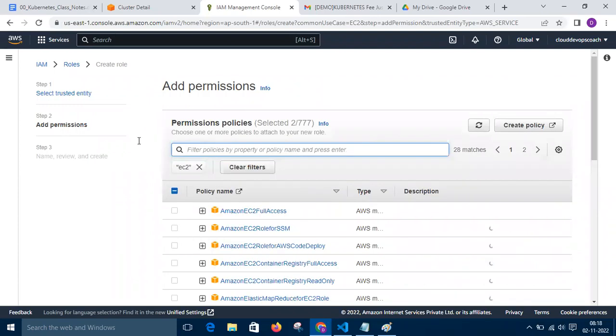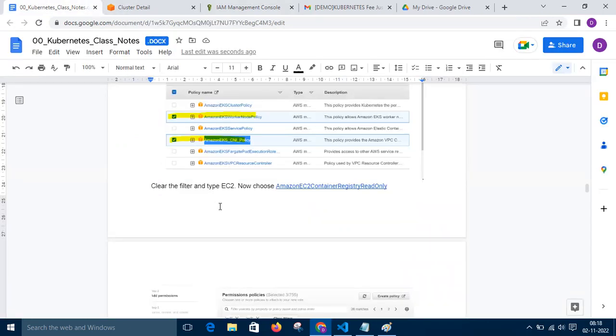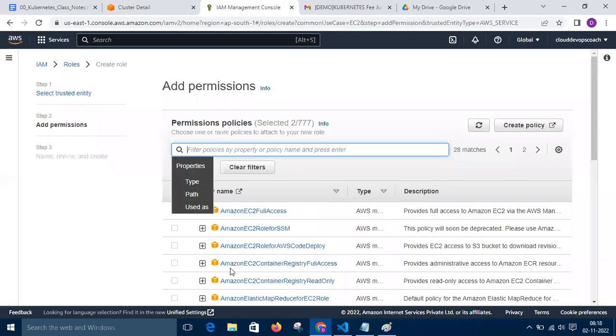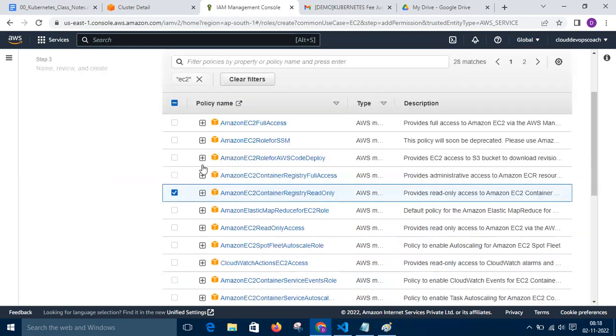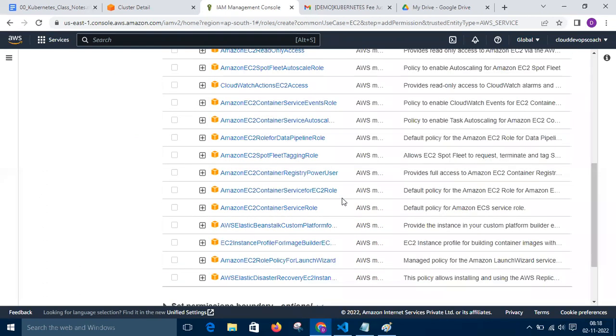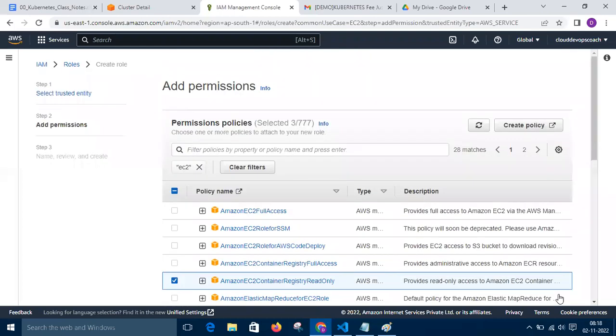We are giving access to AWS resources to the nodes, the node group. Now we have to choose Amazon EC2 Container Registry read only access. We are giving these permissions to that role. Okay, so now if I clear this, that is fine. Now if I click on next,